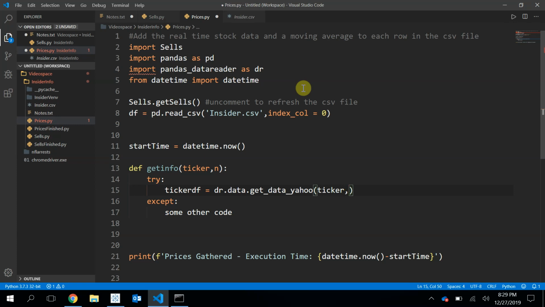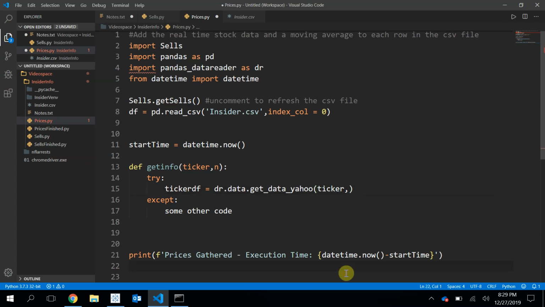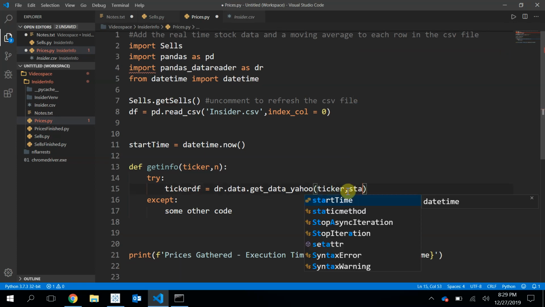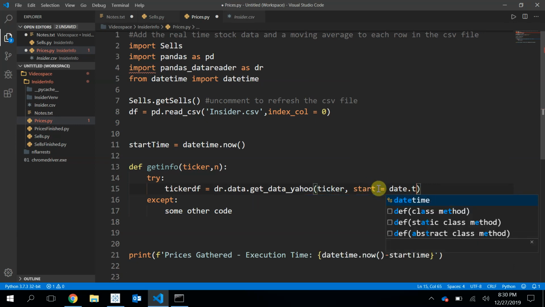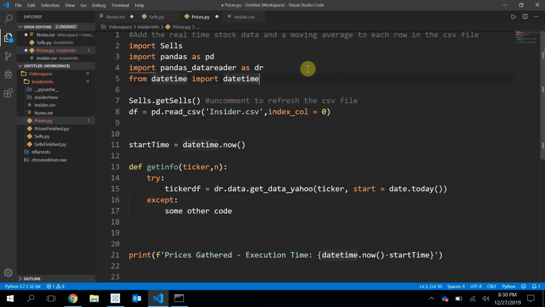And for that, we're going to be using this datetime function. So for start, my start is going to be equal to the date.today. And date is another thing, I guess another function held inside this datetime package here. So import date. And then I'm going to start today, and I want to go back like what I did before, 300